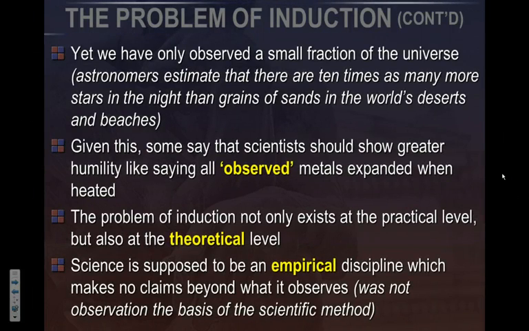So, for example, it's said that astronomers estimate that there are 10 times as many stars in the universe as there are grains of sand in all the world's deserts and beaches. Now, let that sink in for a minute. Think about all the beaches and all the deserts in the world and all the grains of sand. Count them, multiply that by 10, and then that's how many stars are in the universe. It's a number so big it's almost impossible to even grasp. And then each of those stars could have planets and stuff like that in them, okay?